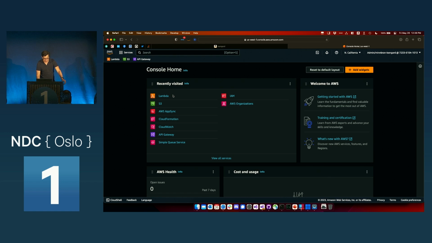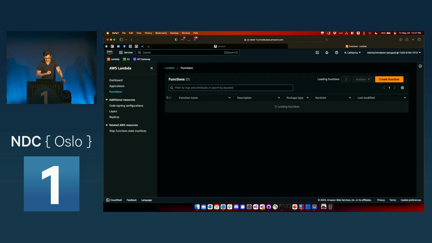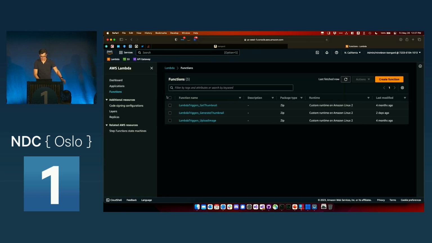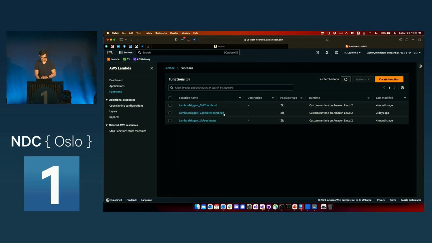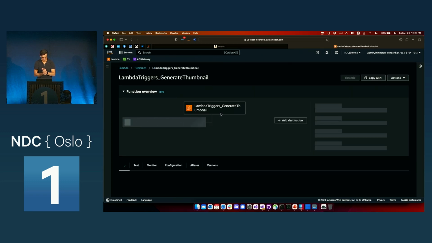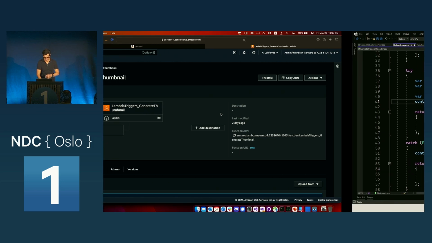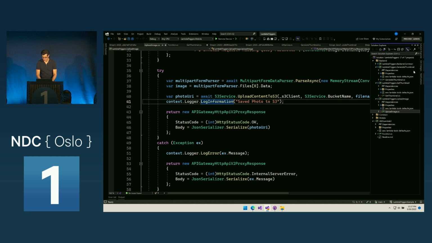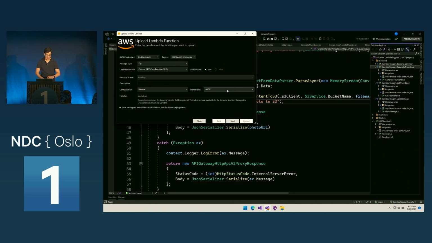So we're in the AWS console here. If we go to Lambda, then we can see all the Lambda functions that I've created here. So here's our get thumbnail, our generate thumbnail, our upload image. So let's check out this generate thumbnail, because once we've published our code, like I mentioned a second ago, thanks to AWS Toolkit, when I'm done writing this code, I just say publish to AWS Lambda,